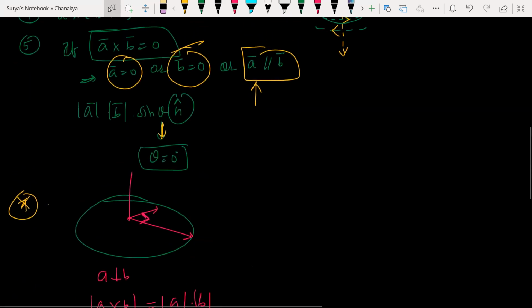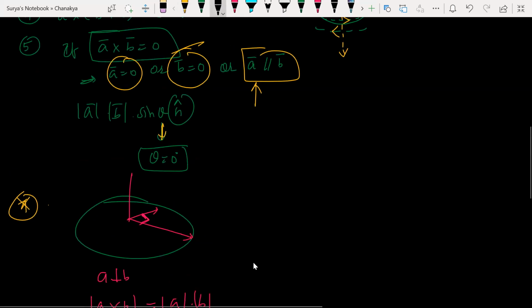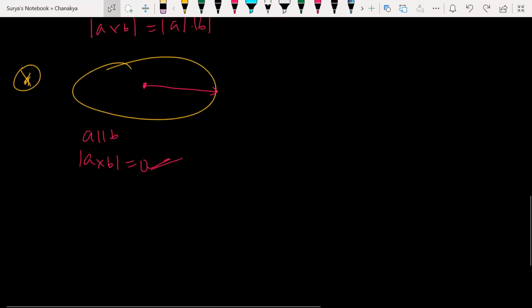And guys, if you want to understand it in a much better way, देखो ये कब possible होगा? It is possible if A is equal to 0 and B is equal to 0, there is one possibility, or both are non-zero. When theta is equal to 0, they'll overlap each other. Then they'll be parallel to each other, both vectors. Hope it is clear, guys.